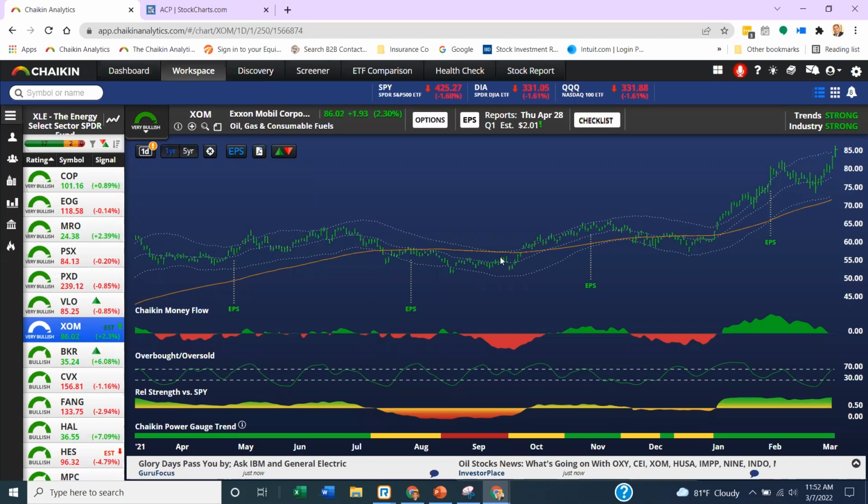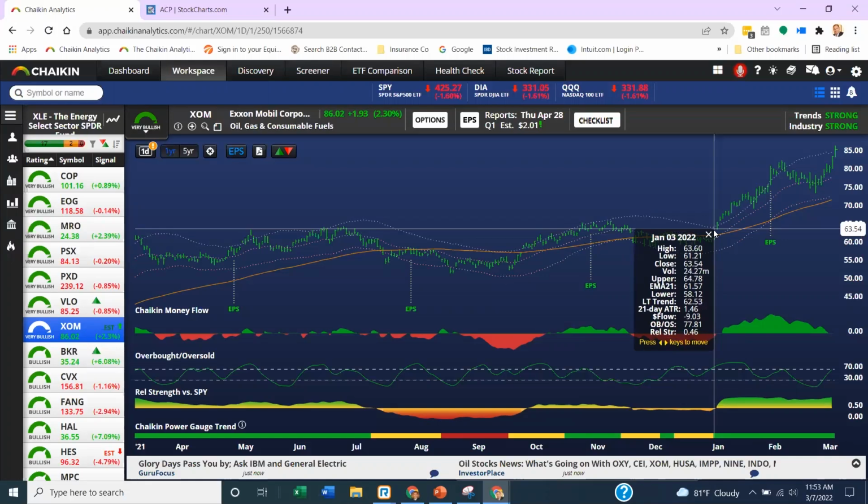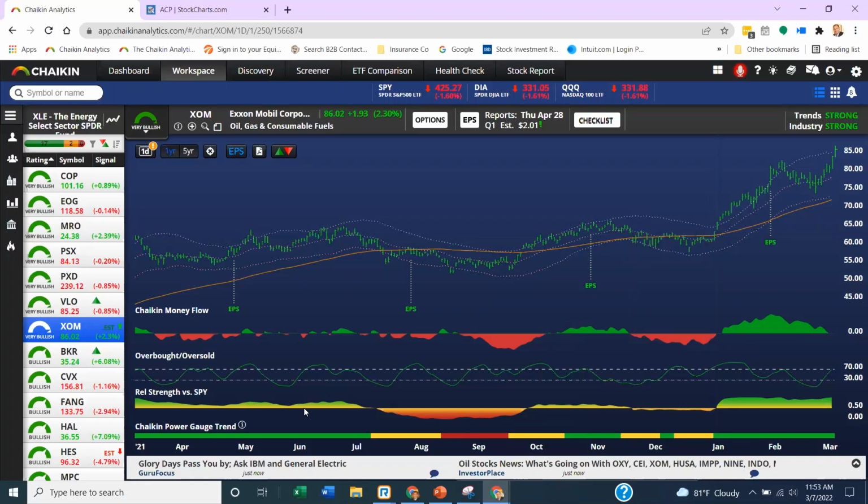It was in a range-bound setup. We knew oil was obviously moving higher during this entire time, but it takes a while for this to react, and obviously folks saw this as an undervalued situation, and our rating and our relative strength turned right around the $60 to $65 level. Now, about a year ago or so, in June of last year, we were calling this out as an interesting setup because it was starting to look very, very good, but it was more of the